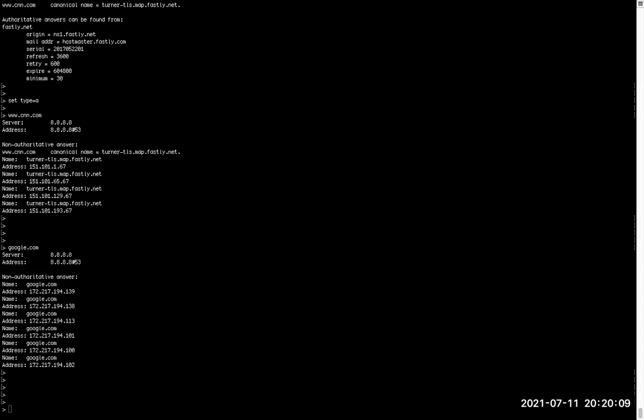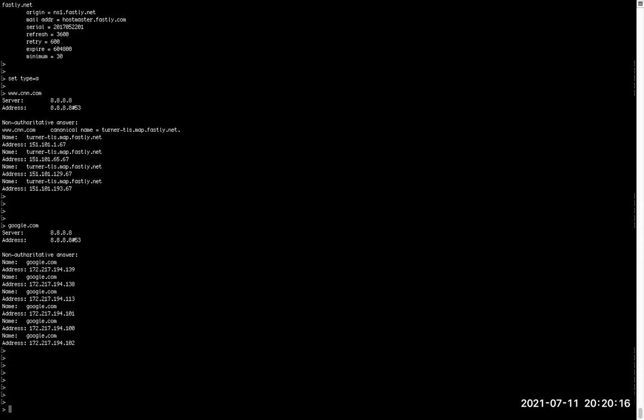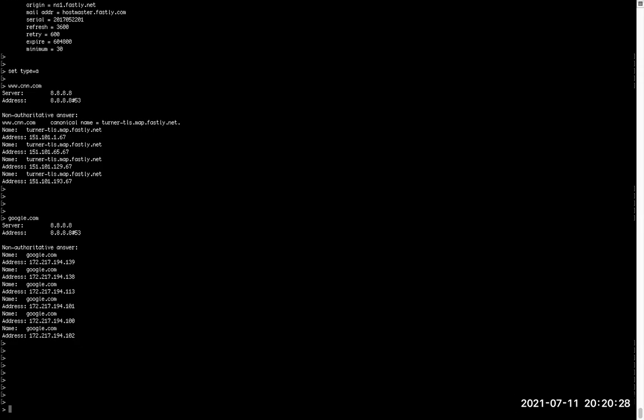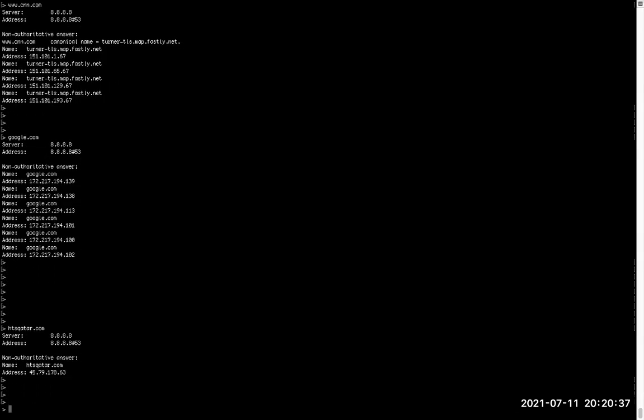Why do you see many IP addresses here? Because they are geographically spread. Like Google has a server here in Doha and one in Singapore, one in India, one in UAE and all. So you may see many, but normally for a company here in Doha, you will see only one IP address. Like our poor company, you see only one IP. We have only one server. So if you get it, that's the way it works.